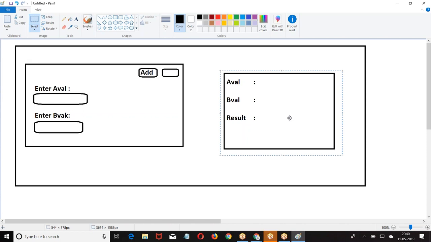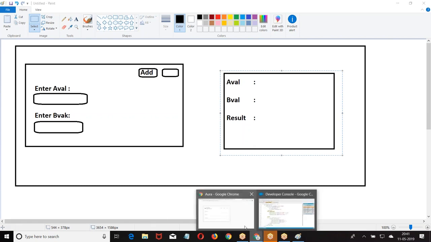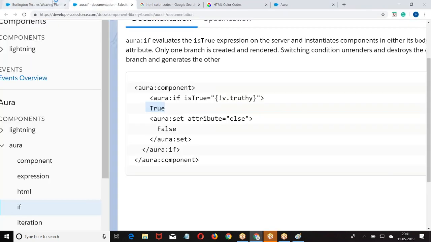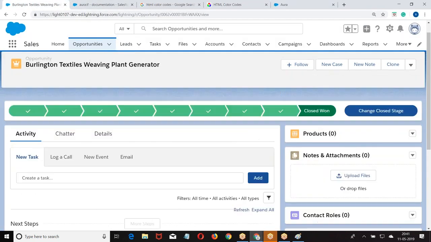I hope you got my point, right? This will be covered in the next point. This is called layout items. When I go to the concept called layout item, I will be covering how this can be hidden or unhidden. So our basic aim from day one is to create a detailed page.